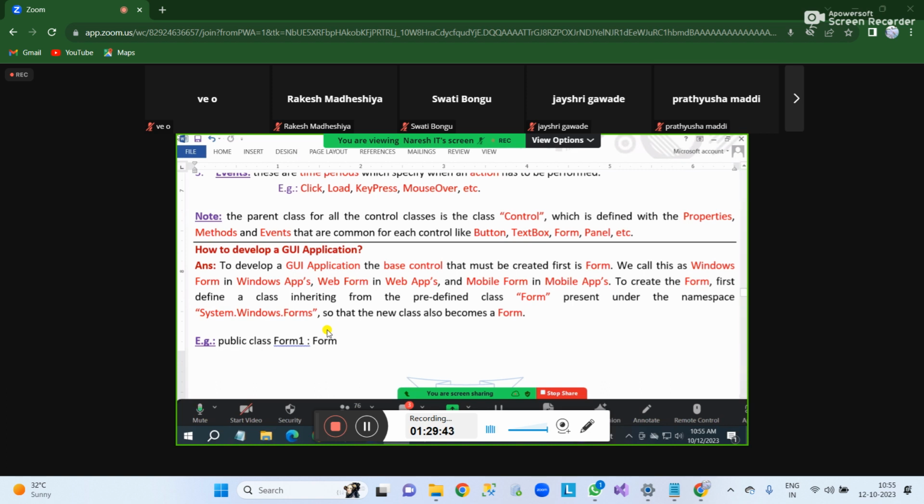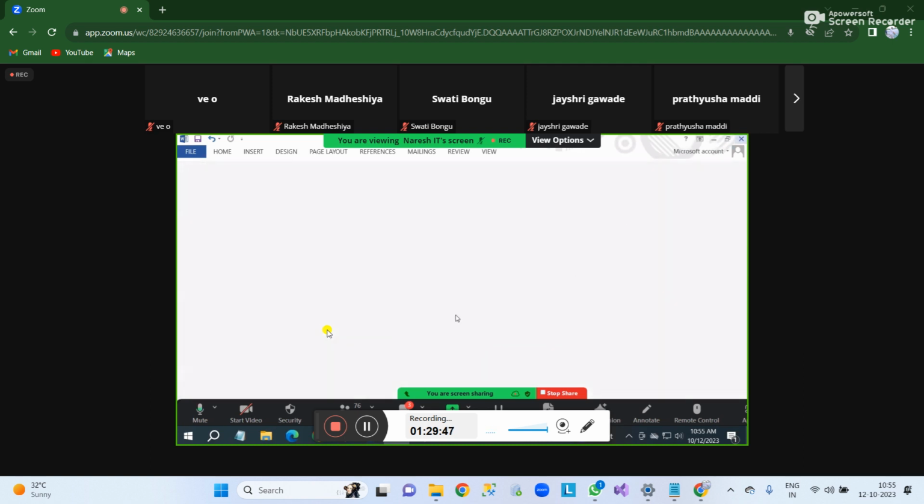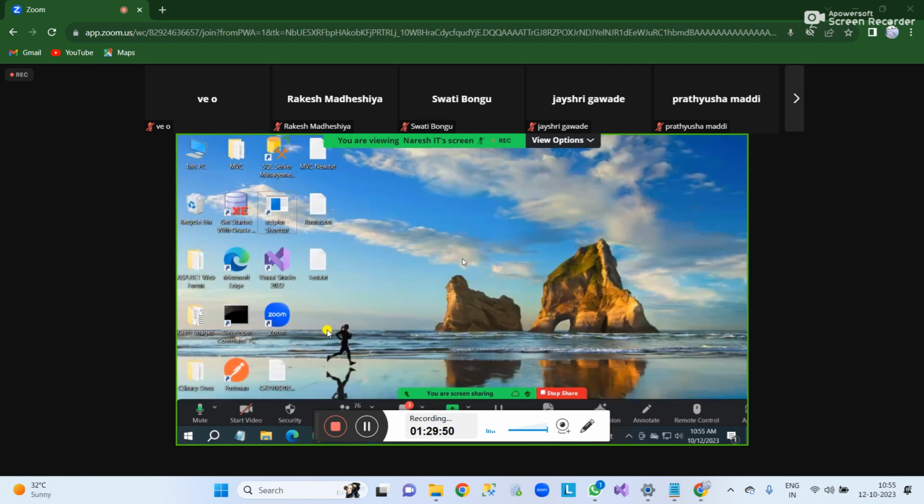Now, I want to create a GUI. Okay, we can create a GUI. It's not a big deal. But do remember one thing. What is it? If you just want to create a GUI,